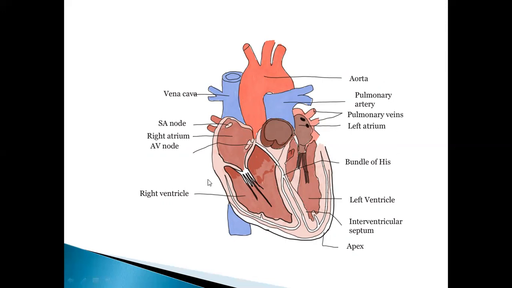Now, how does this conduction actually take place? There is a pacemaker located in the right atrium of the heart, the SA node, which generates the conducting impulse and transfers the conduction from the SA node to the AV node at the junction of the right atrium and right ventricle. From this, the conduction is passed to the bundle of His, which is located in the central septum of the heart,